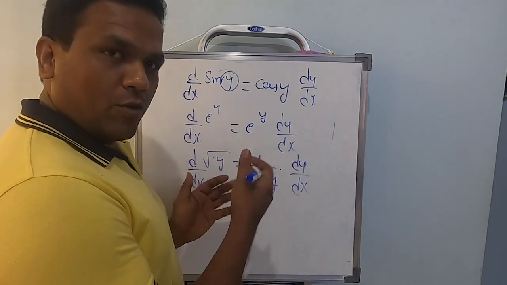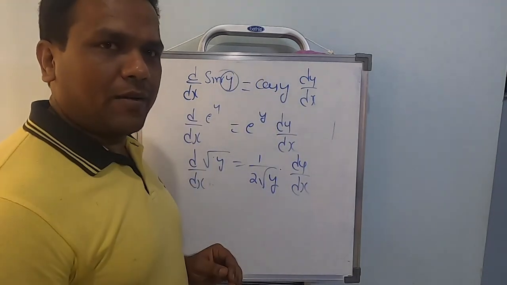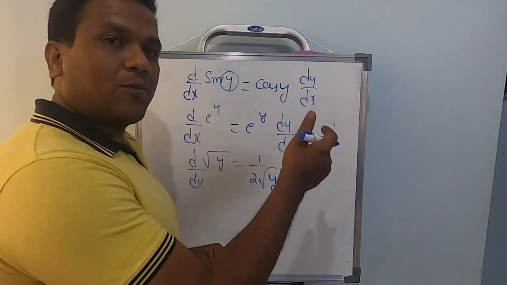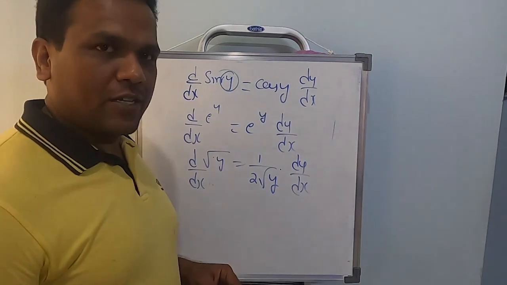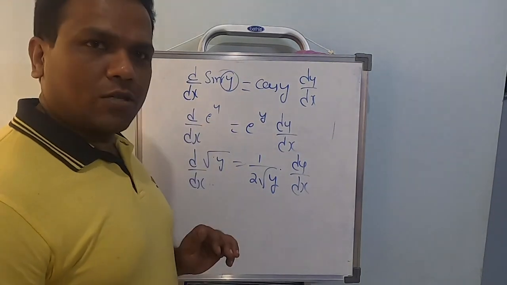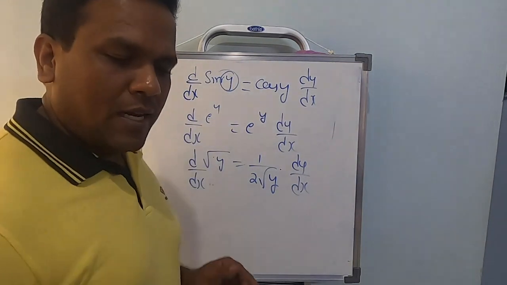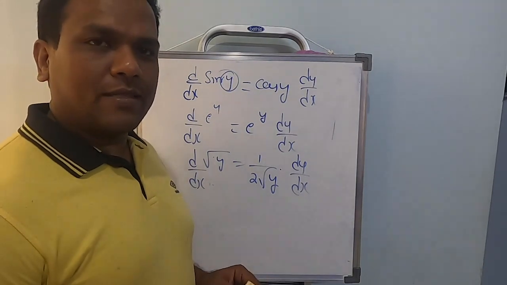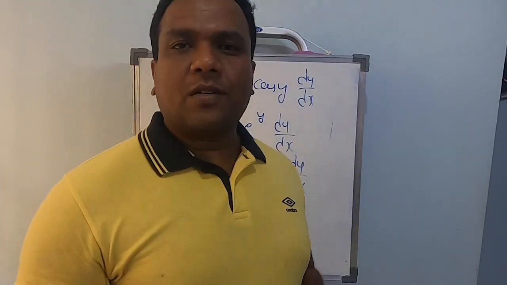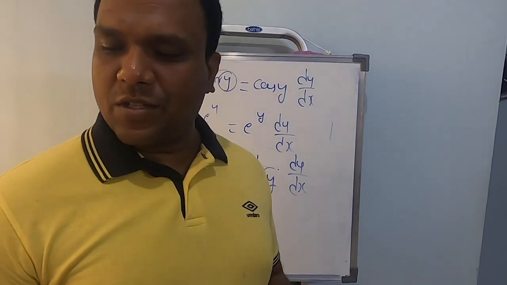I told you, I explained how it should actually multiply by dy by dx. I don't want you to follow that procedure, which is lengthy, it's a waste of time. So just learn this concept. With this, let's start the problems based on this exercise. So let's see the problems based on implicit function differentiation.